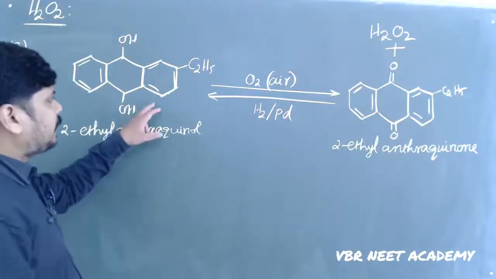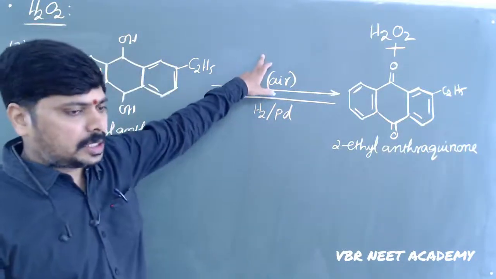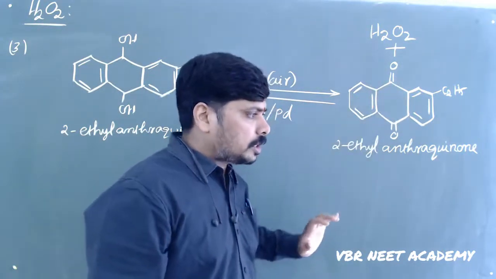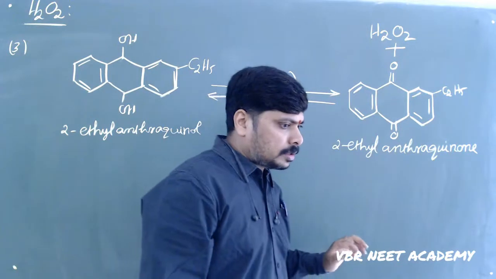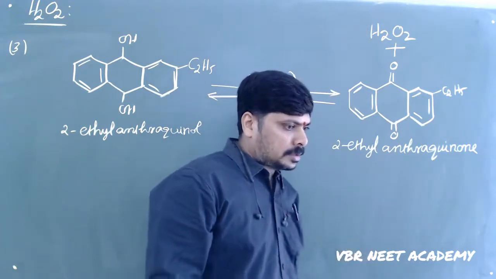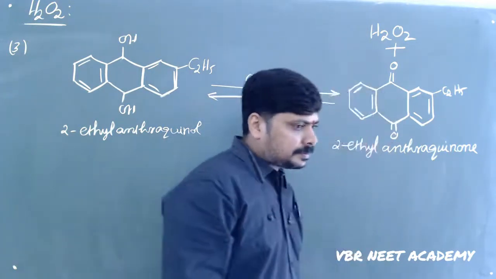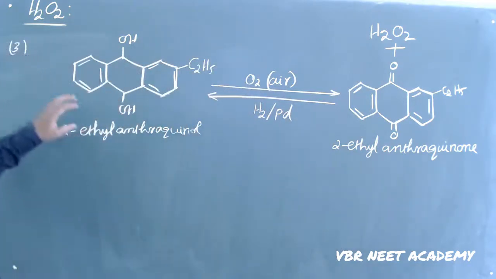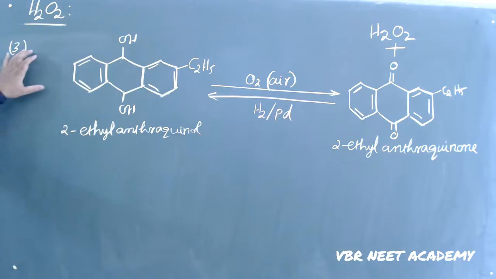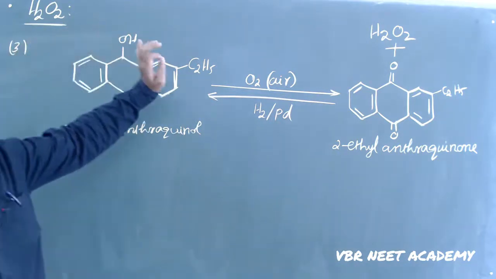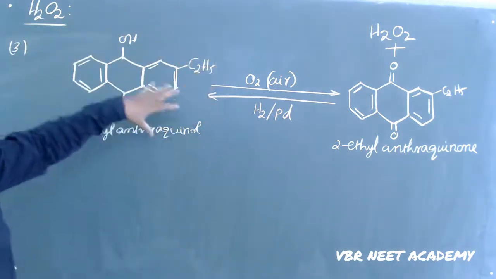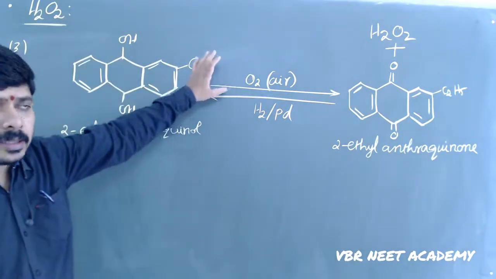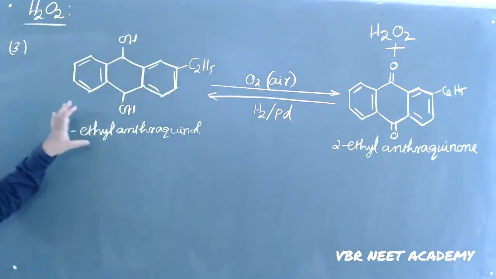Anthraquinol back. Again we are able to do the oxidation and we are able to get the anthraquinol. So this is what... Understand everyone? So that industrial or commercial method of getting hydrogen peroxide is nothing but the 2-alkyl